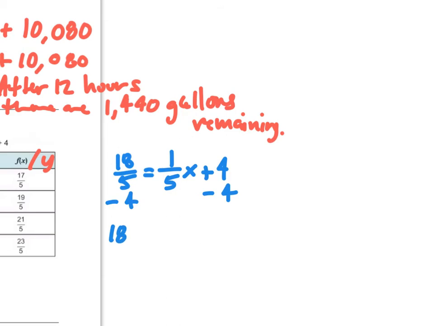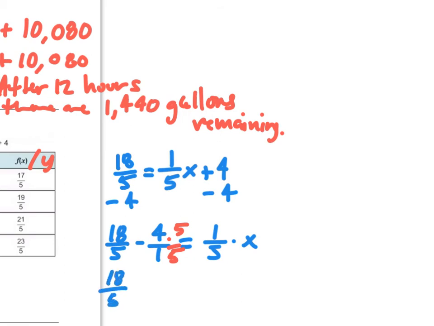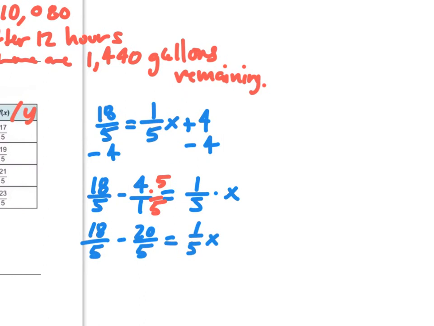So you have 18/5 minus 4 over 1 is equal to 1/5 times x. Now, in order to combine these, I need to get a common denominator. I'm going to multiply both by 5 on top and 5 on the bottom. So we end up getting 18/5 minus 20/5, and that's equal to 1/5 x. Now that I have a common denominator, I can just subtract my numerators. And so I get 18 minus 20, which is -2 over 5, is equal to